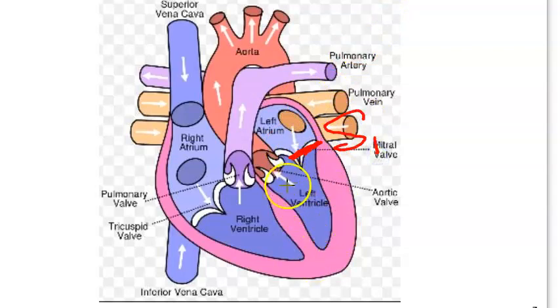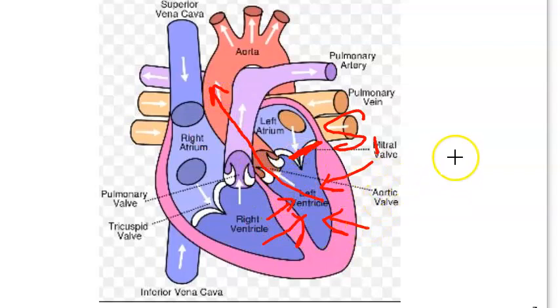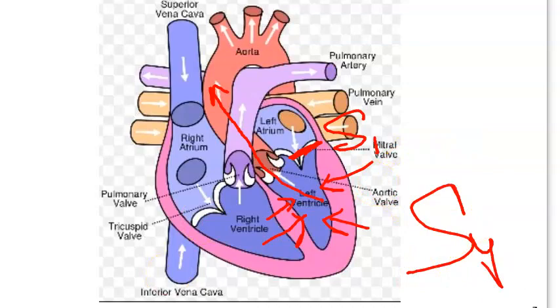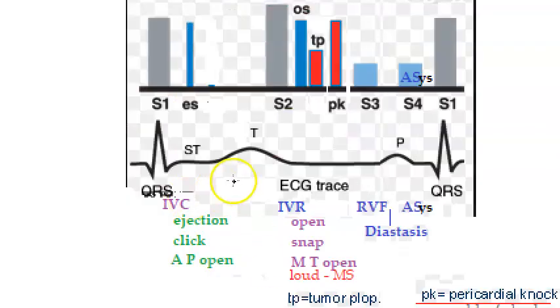Now what will happen? The ventricle has received all the blood. It will go into contraction, so this is systole, and the blood will have to go into the aorta. So what will come after S1? Ventricular systole, or systole, will come after S1. That you have to look at here.